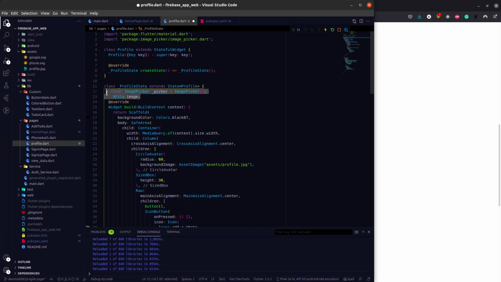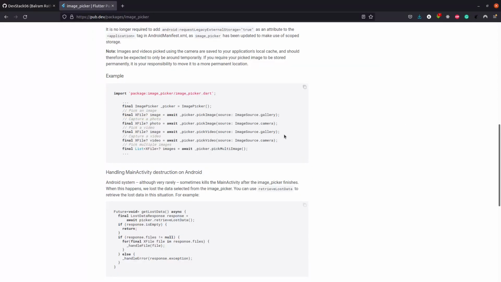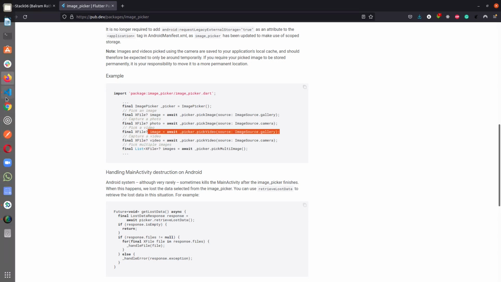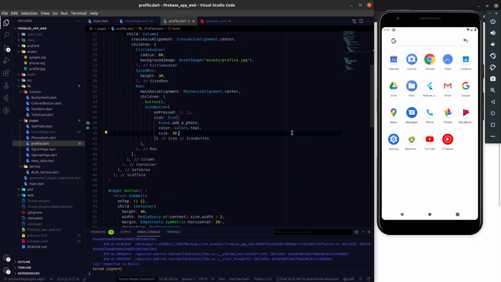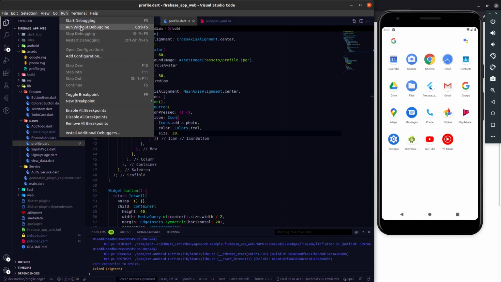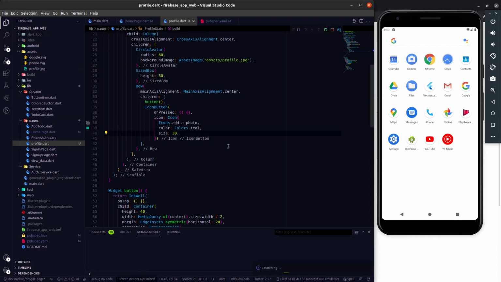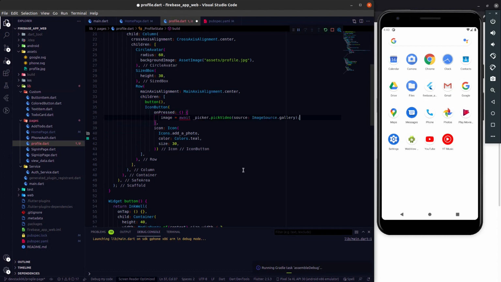So we have created a variable called image, and to fetch an image from the gallery we need to use this code. Okay, and oh, the app just crashed. Let me just run the app again, and on this tap we need to use this thing to fetch the